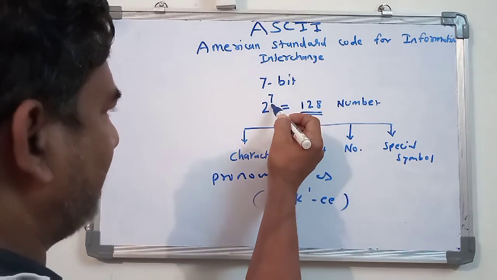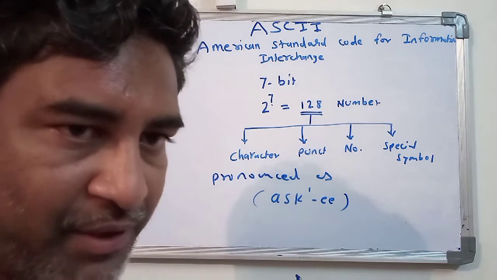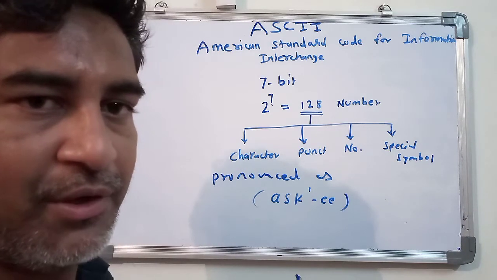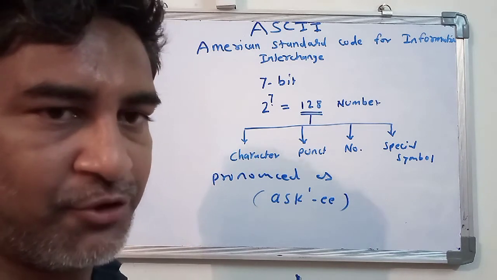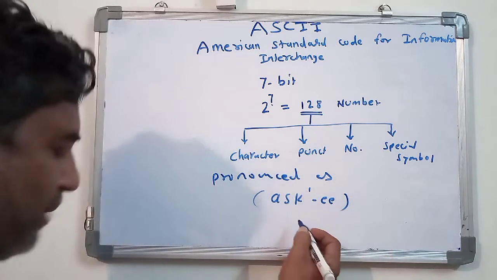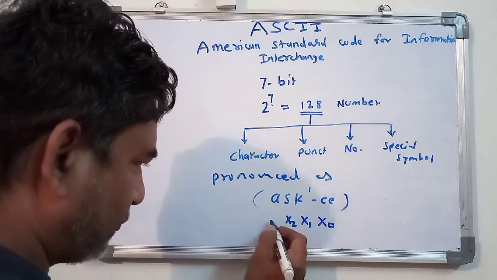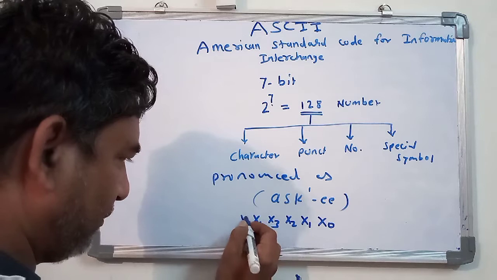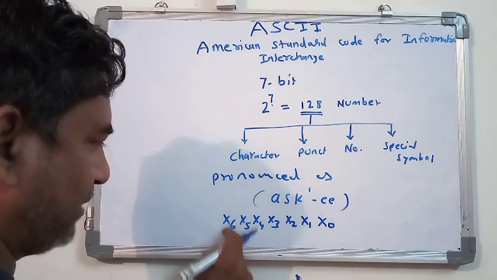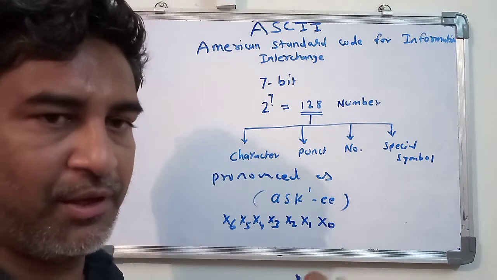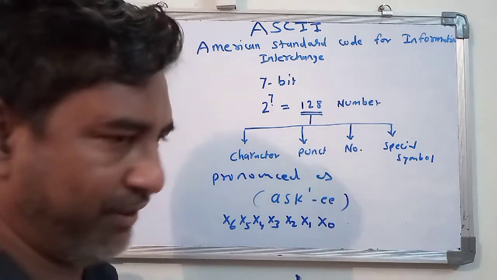Now this 7 bit has to be plotted in such a way that you will get the value in the form of ones and zeros. How to get that particular value in ones and zeros? The numbers start from x0, x1, x2, x3, x4, x5, and x6. That is 1 2 3 4 5 6 7, means x0 to x6. So here you may say that it is 7.